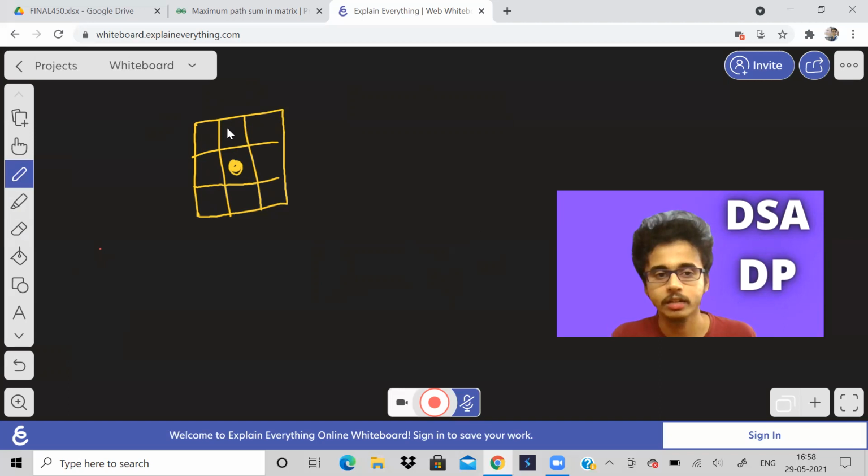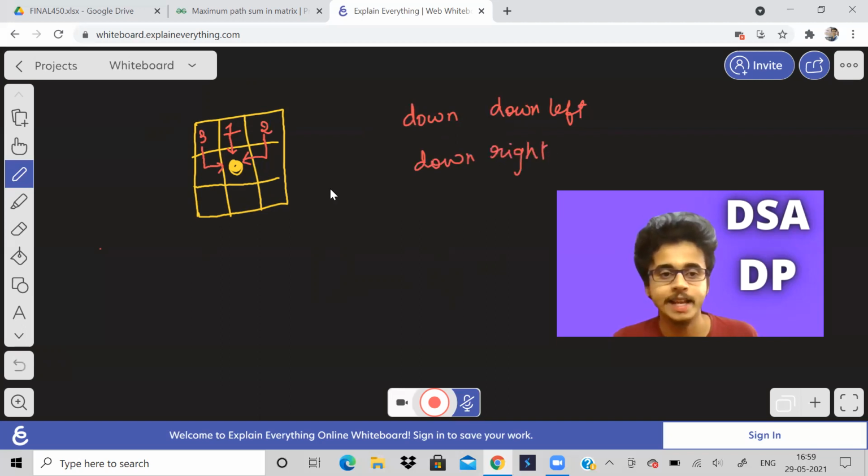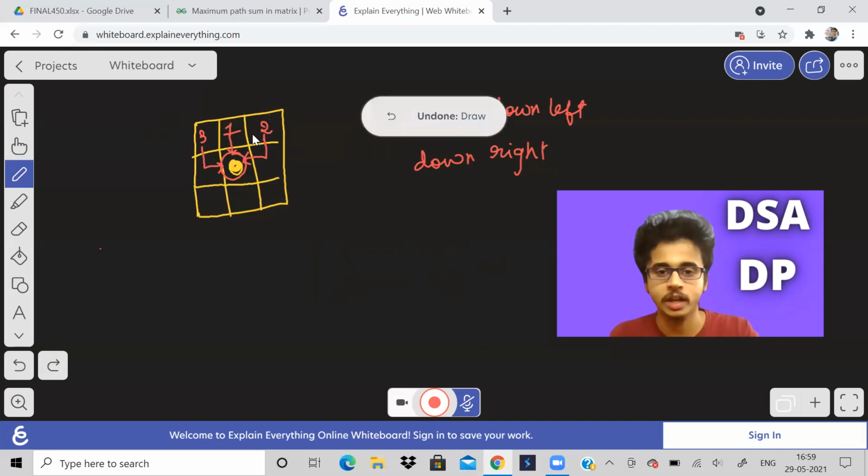See, if we were here, for example, this is one possibility, that we were here and we moved down because we can go down. Another possibility is we go down and go left, down left. What is the other possibility? Third is down right. So if we were at this cell, then three possibilities are there. So we have to take the maximum of all these three. What does it mean, maximum of all these three? See, each of these cells has a value, right? I'll erase all this, you will understand.